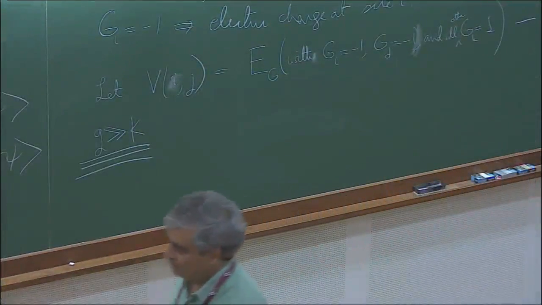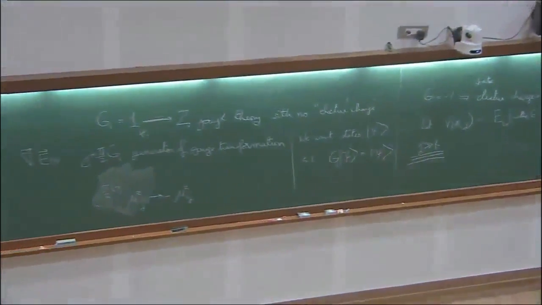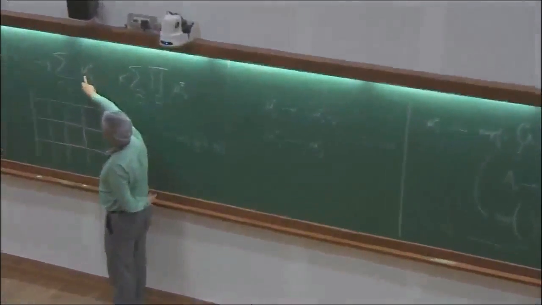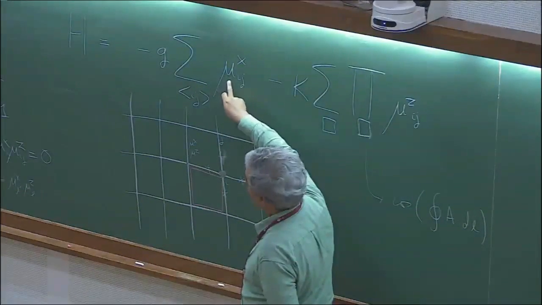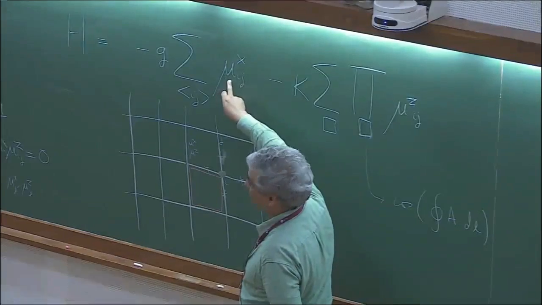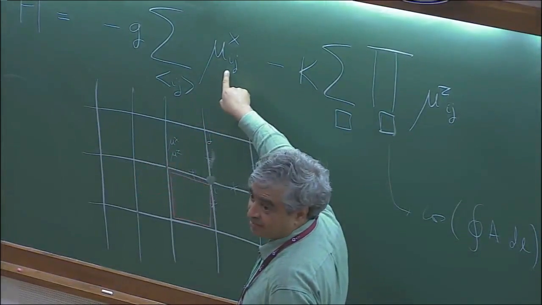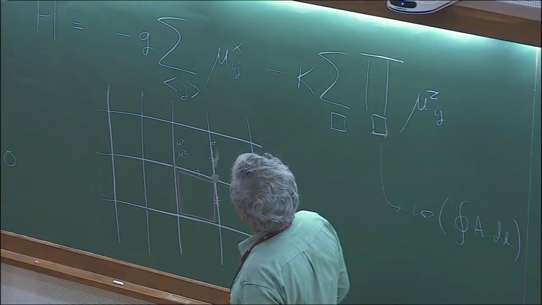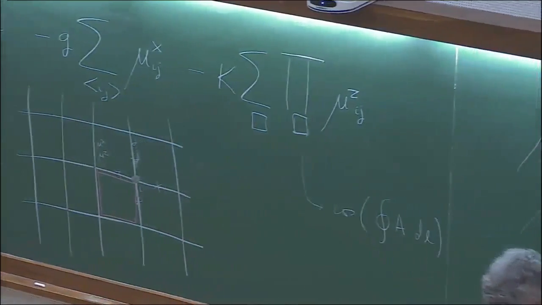So that's a really simple limit because I can just write down the ground state. If I just throw out the K term, when G is much bigger than K, then I have this mu x. I just want the ground state with mu x equals 1 on every site, a spin that's pointing in the x direction, right? Because this is just sigma x, so the eigenstate is a spin pointing in the x direction. And G is assumed to be positive, so that lowers the energy. So with no charges,